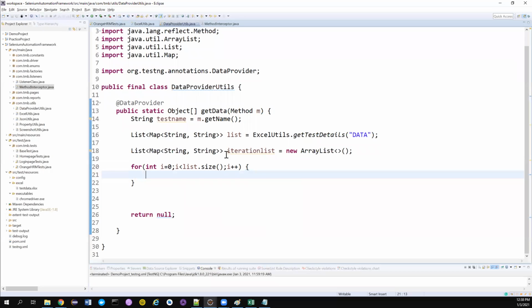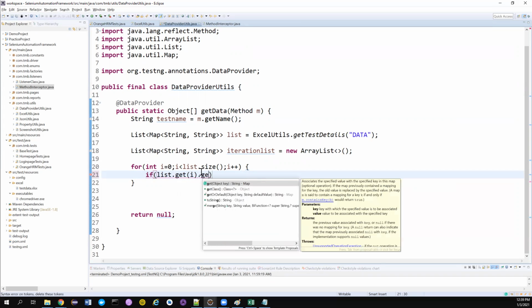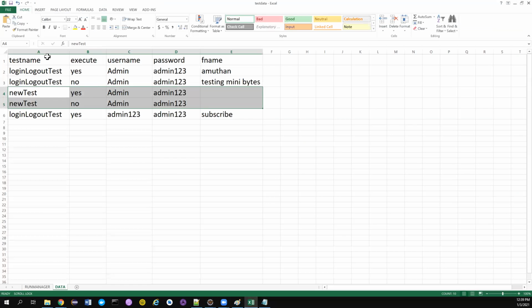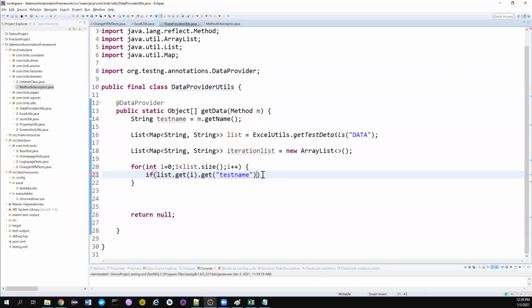Now I will iterate this. I want to check whether the test name matches the test name I have here. So list.get(index) gives me the first hash map. In the hash map, I want to get the test name. This is the header that I used. For all the rows, the header is this, so the key is going to be this for all the hash maps. If I want to get this value, I need to use this particular key. If this matches whatever test name I have now,